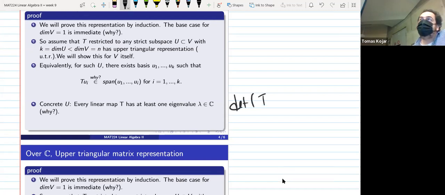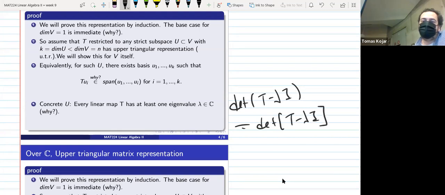So you have T minus lambda I. This is invariant under any representation. Okay. And then this is a polynomial, P of lambda, lambda in C, and the fundamental theorem says that there's always a